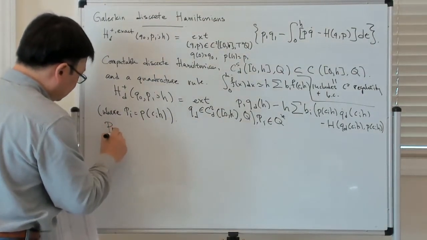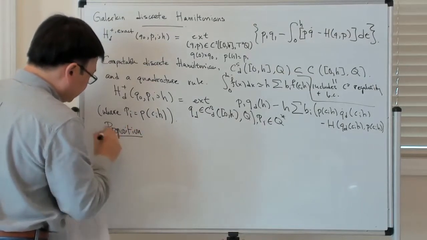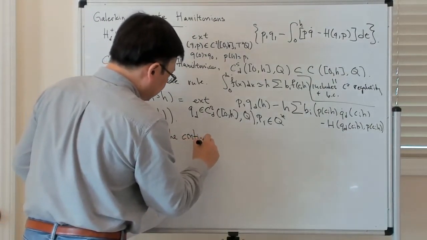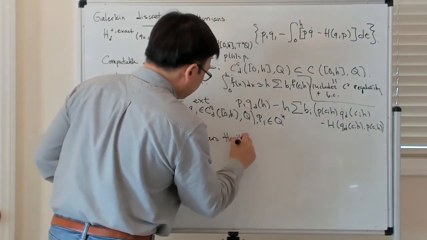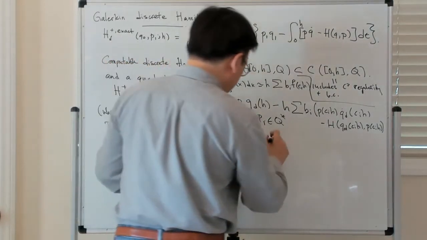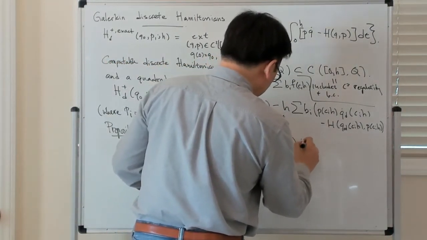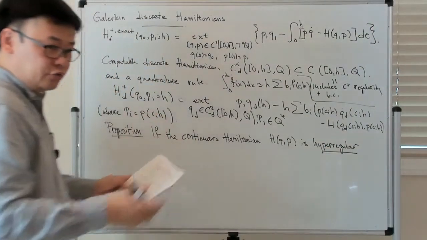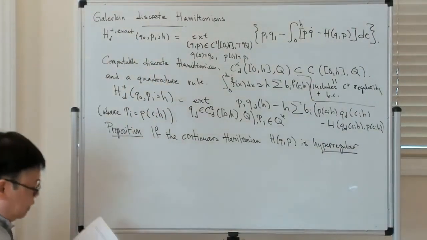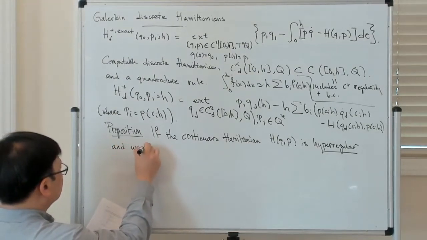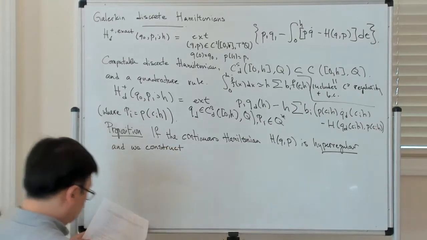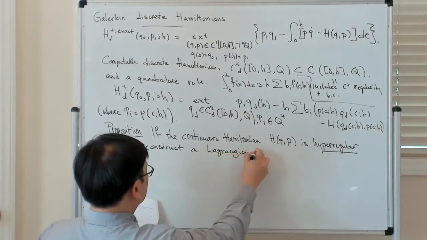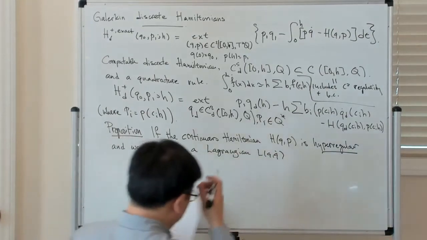There's the following proposition, which says that if the continuous Hamiltonian H(q,p) is hyperregular, which just means that the Legendre transform is globally invertible, and we construct the Lagrangian L(q, q dot) by the Legendre transform,